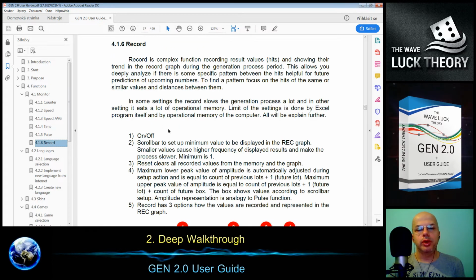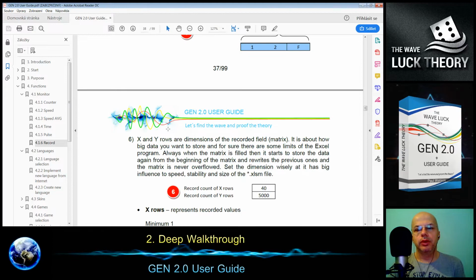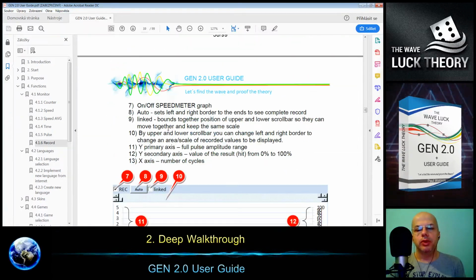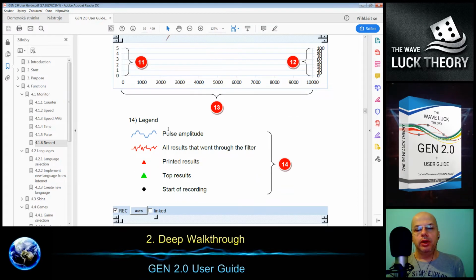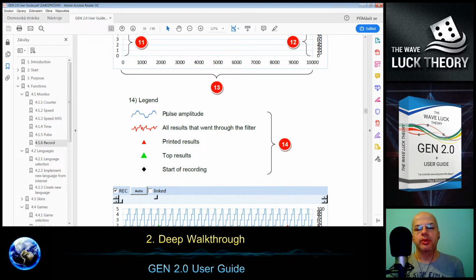We go to record, and that's the description which I'd like to show. So this represents the pulse amplitude. It's very similar to the pulse I showed before, but it will be a little bit different.